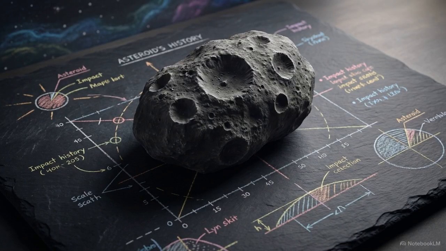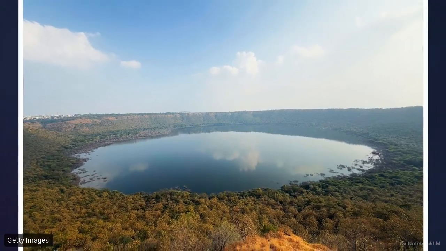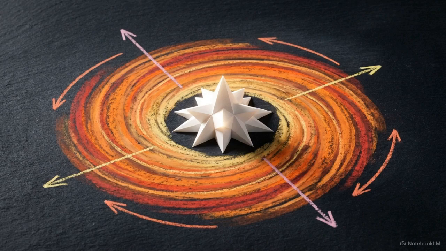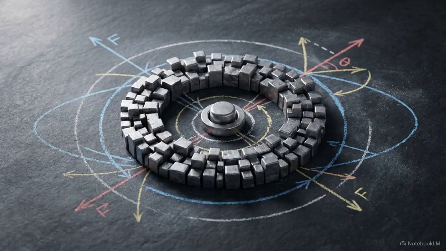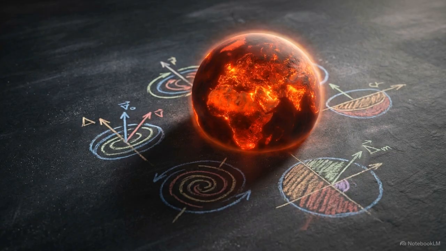Heavy, rocky debris forms asteroids. When their trajectories intersect with terrestrial orbits, the kinetic impacts leave massive geographic scars. The Lonar Lake in Maharashtra is a deep crater carved by exactly this type of collision. The solar accretion disk acted as a massive thermodynamic centrifuge. It trapped dense heavy metals close to the core to form solid planets, while driving volatile gases outward to construct the Jovian giants. Earth's localized angular momentum was defined 4.4 billion years ago.